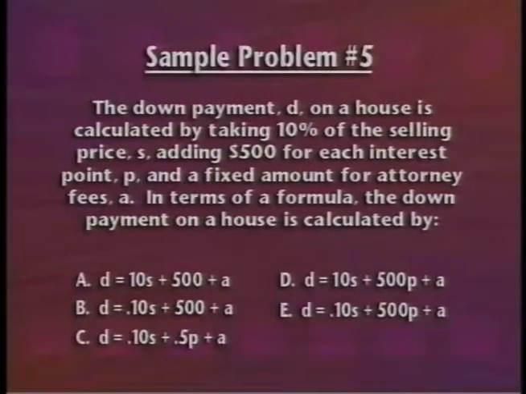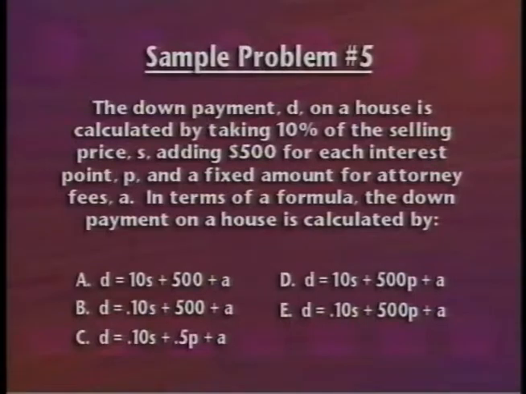The down payment D on a house is calculated by taking 10% of the selling price, S, adding $500 for each interest point, P, and a fixed amount for attorney fees, A. In terms of a formula, the down payment on a house is calculated by